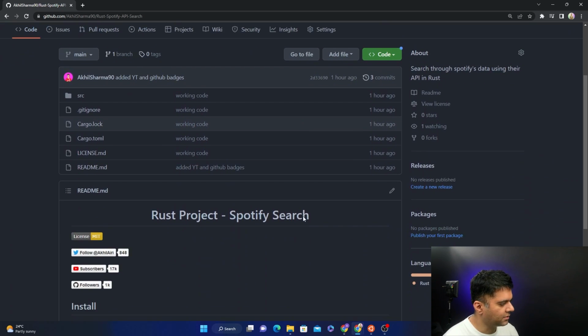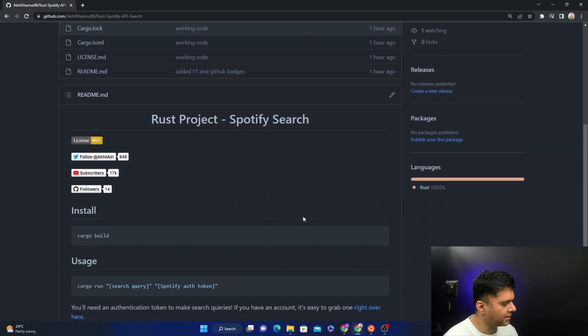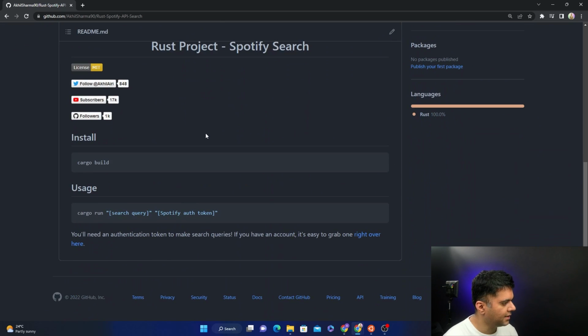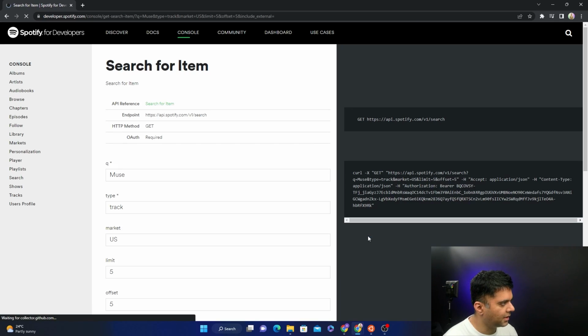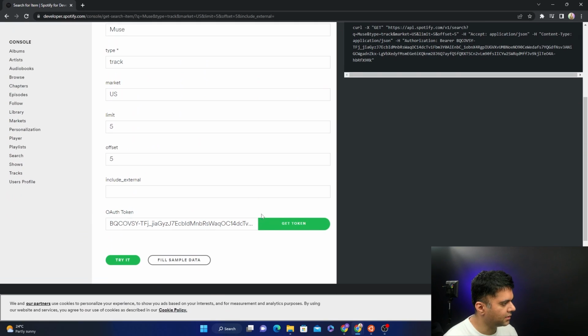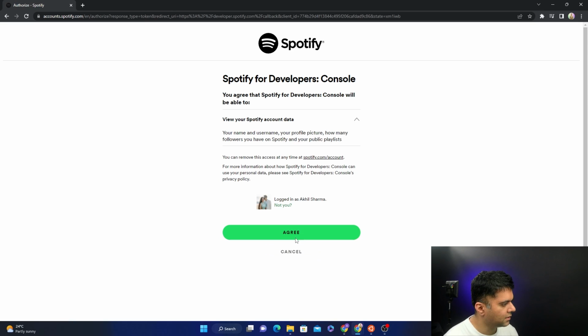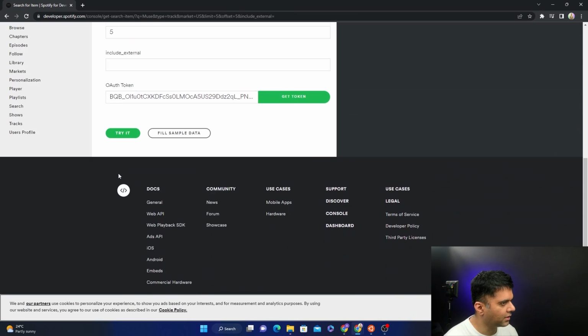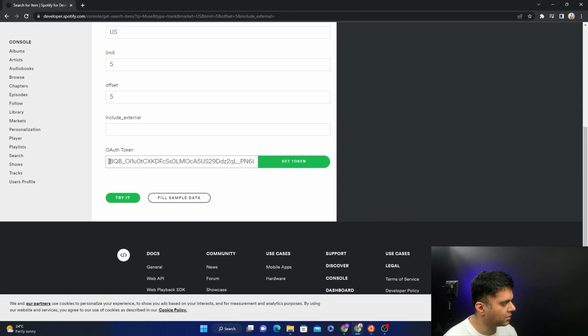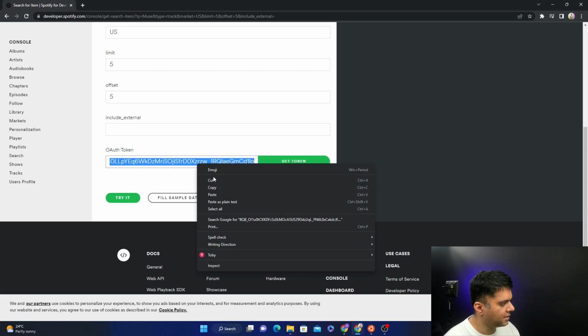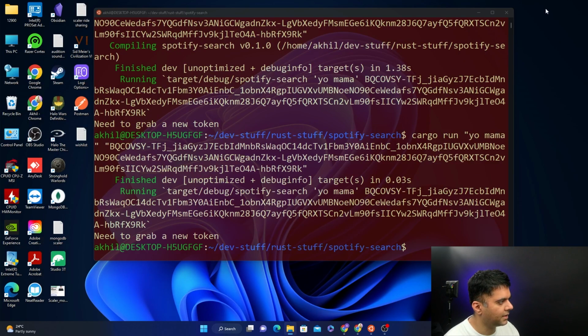All right, anyhow, so this is the project, and you can also get your API token here. So here I will get my token, agree. I've already logged in using Facebook, so it's created a new token for me. And I will copy this and I will paste it in my